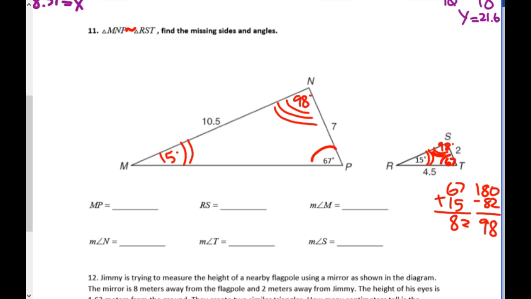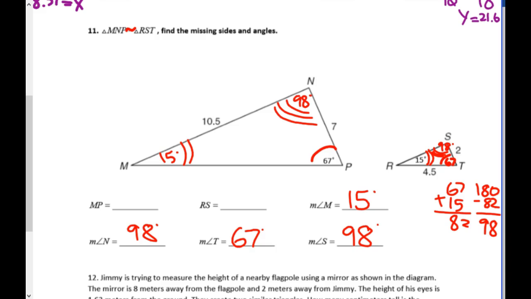So let's answer the angles first. The measure of angle M is 15 degrees. The measure of angle N, 98 degrees. Measure of angle T, 67 degrees. Measure of angle S, 98 degrees. The angles are easy because the angles are congruent. Now,